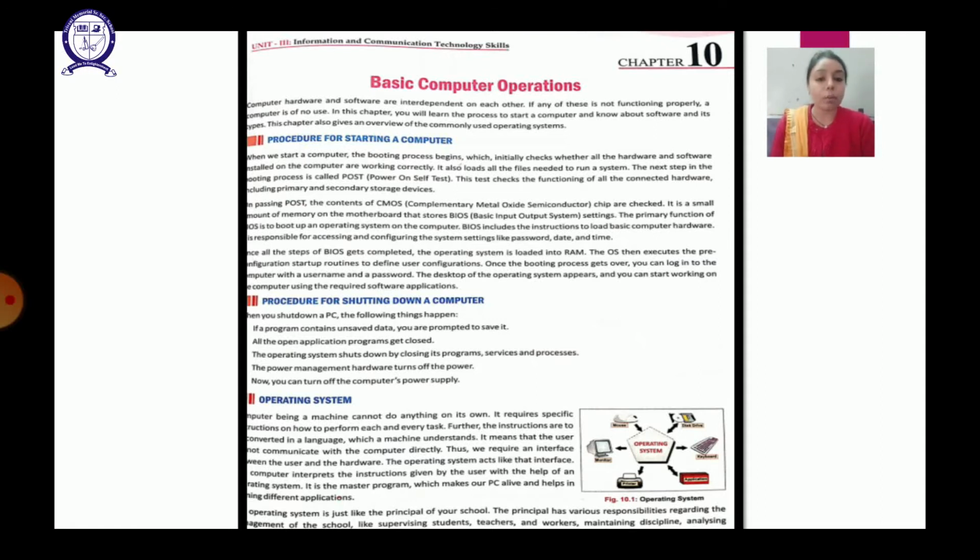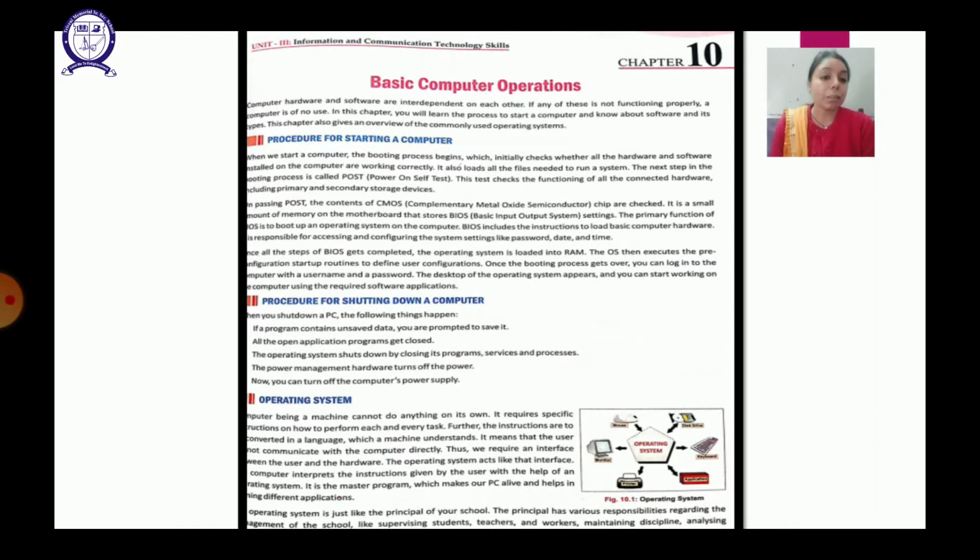Now the next topic is operating system. As we know that computer is a machine, it cannot do anything on its own. We need to give the instructions to the computer so that instructions can be changed into machine language, and then it can be handled. So the operating system acts like an interface between the user and the hardware. Now the user is giving the instructions, suppose in English or Hindi language, and the computer understands the machine language. So there should be some intermediator which converts that user language into the machine language. So that is your operating system, which acts as an interface. It is an intermediator between them.